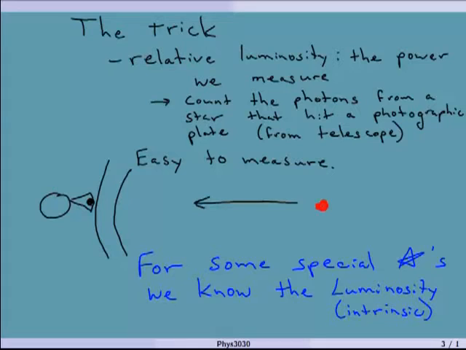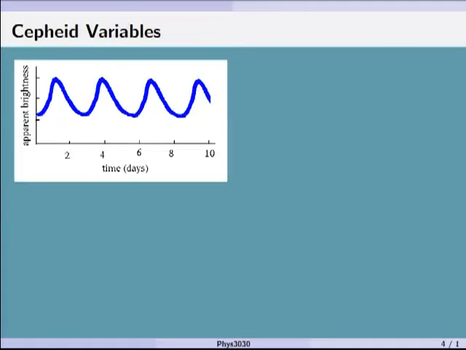Now, this is not something that we know for our sun, because it's so close and we can measure it and we know what kind of star it is, and so on. But it's not something you know exactly. But it happens that there are some stars out there where you do know exactly what's going on with them. And so let's look at one of those types of stars,